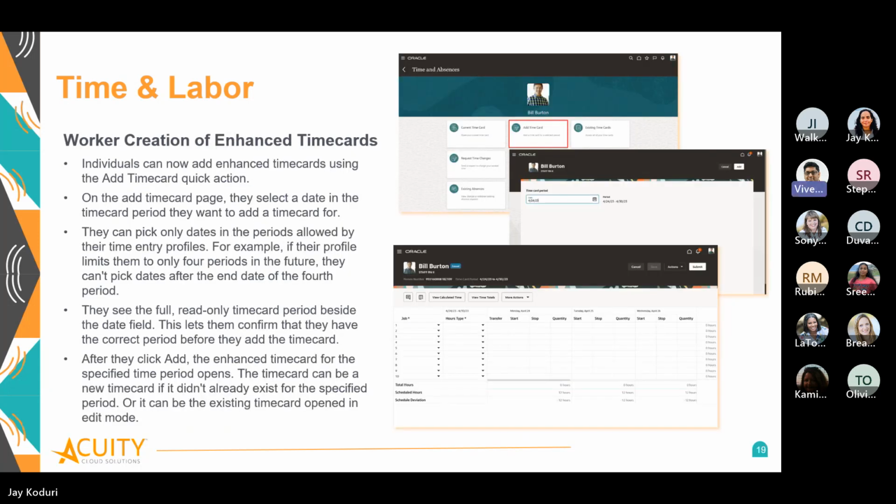Moving on. The third update which we have is worker creation of enhanced time cards. Now the individual can add an enhanced time card using the add time card quick action. I have shown this in bits of screenshots here also. The process is, just click on the add time card button, and then select the date in the time card period that you want to add a time card for. Based on the individual's time entry profile, the individual will be able to pick the dates, and they can't pick a date beyond their profile configured date. And after